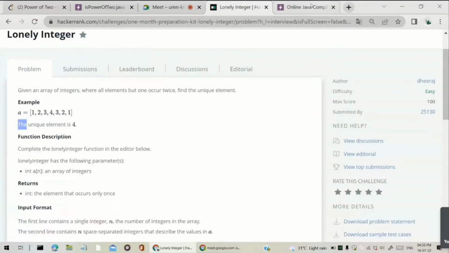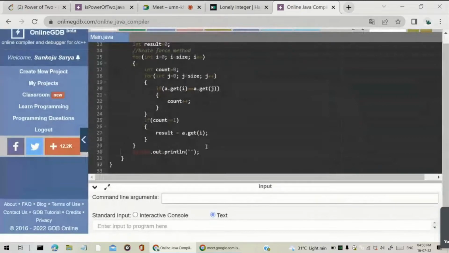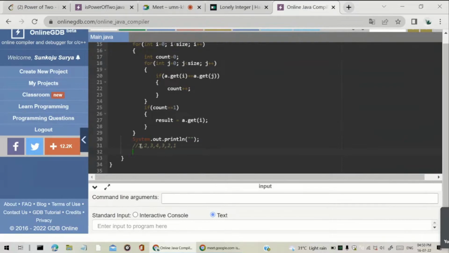Okay, it's not getting forward. I will tell you the thing in these comments. 1, 2, 3, 4, 3, 2, 1. This is the array list given. For each element, let our current element be